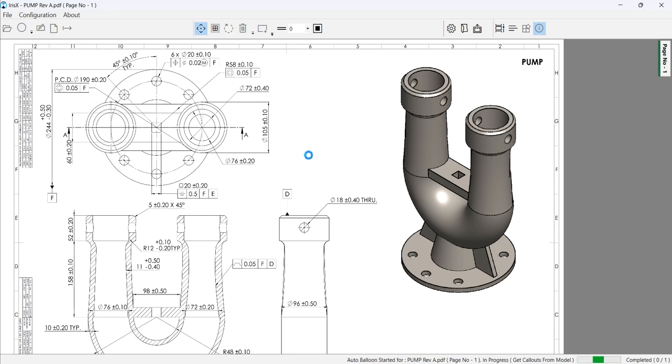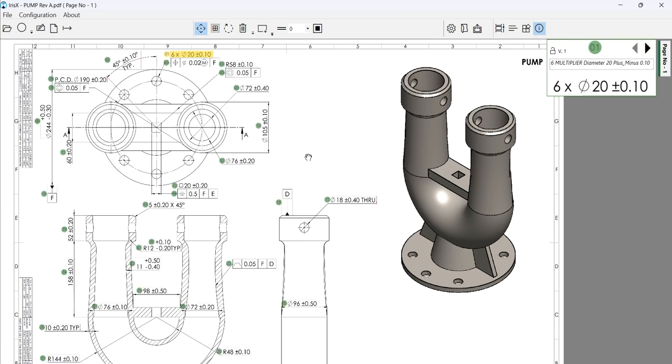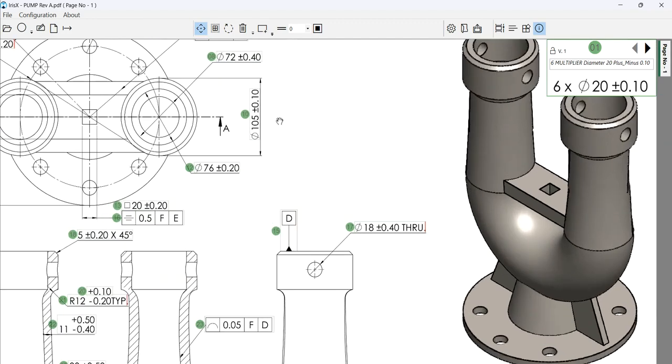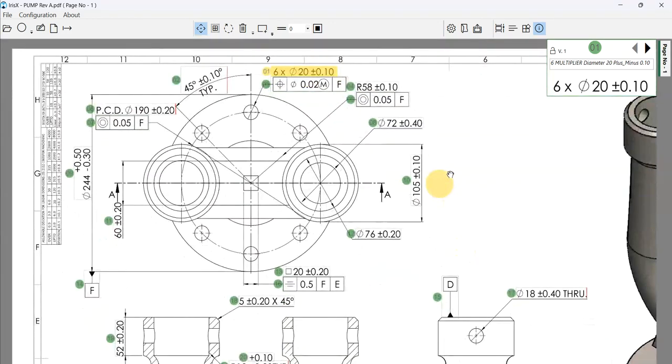With IrisX, you can do much more than view PDFs. Our software intelligently detects and catalogs key characteristics and features directly from your drawings. Whether it's a complex assembly or a simple part, IrisX understands and identifies critical details that matter in engineering and design processes. One of the core strengths of IrisX is its ability to monitor and record any changes made to